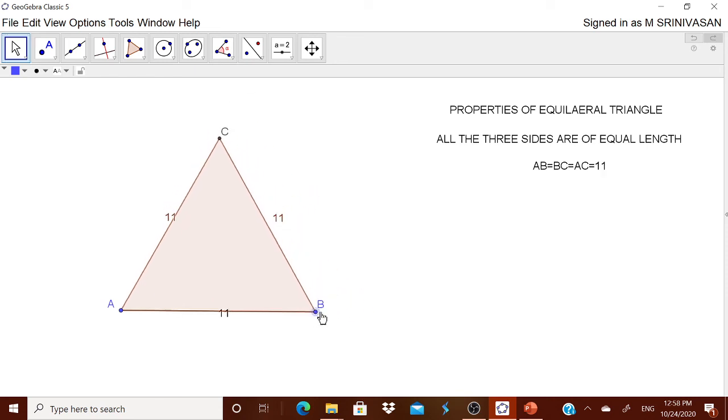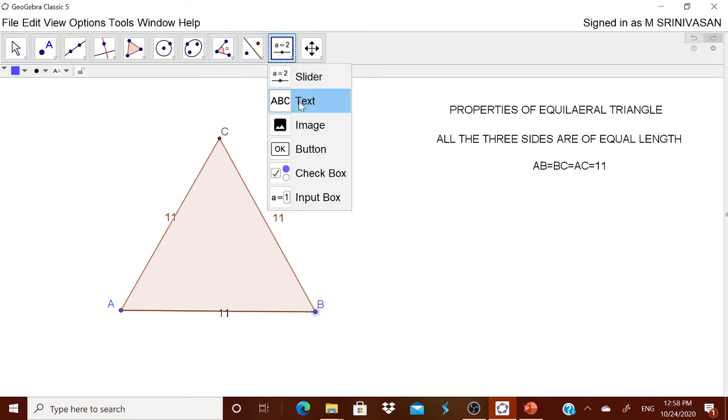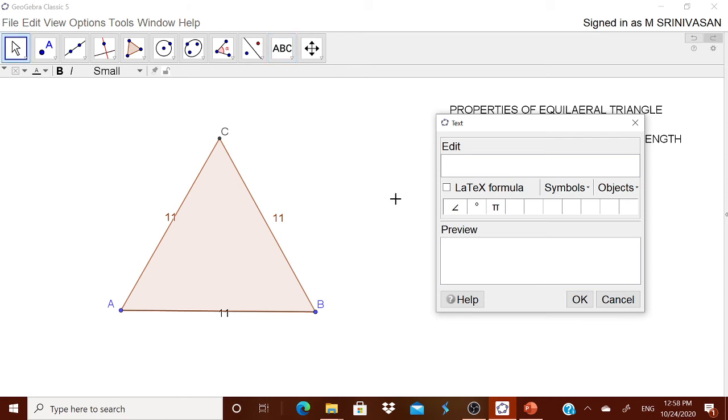Okay, what is the other property now? You know that the other property is this: all the angles are always 60 degrees. Go to this angle. You can explain to the child with a text. All the angles are equal and it is equal to 60 degrees.